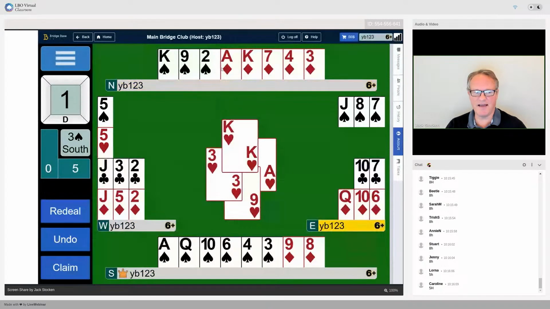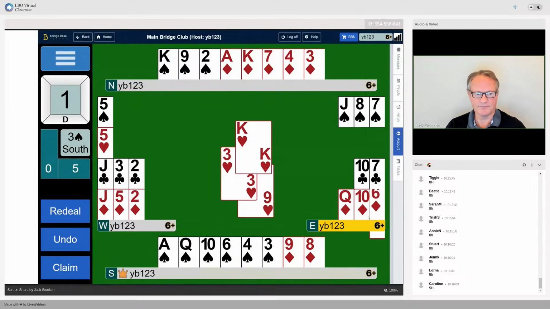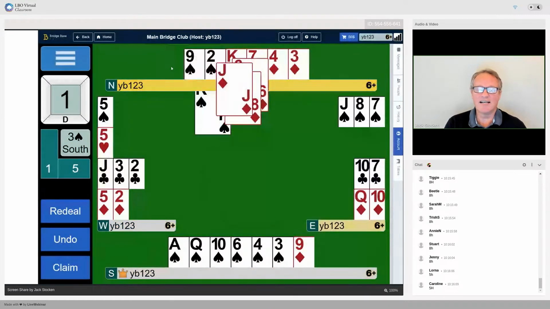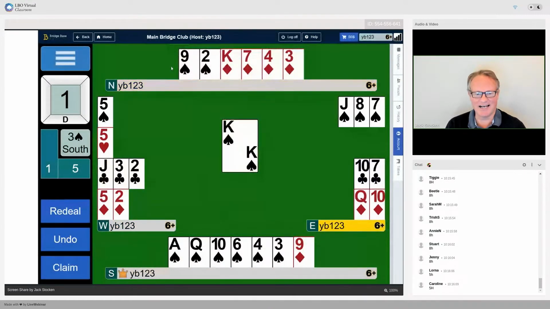Very smooth defense, that. Let's say they switch to a diamond. Declarer draws trumps and claims the rest, but they are 1 down. First 5 tricks to the opposition there. 3 spades, 1 off. Yes, Sam, but if you haven't done signaling before, it is a lesson coming up on